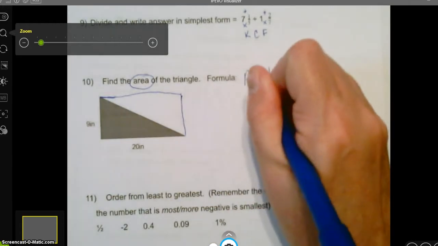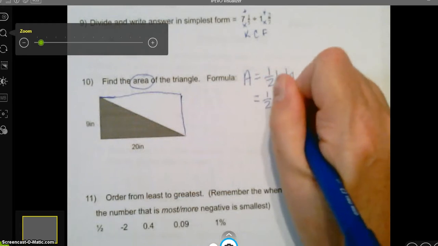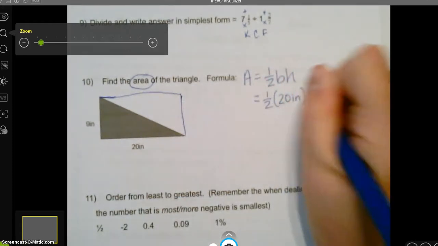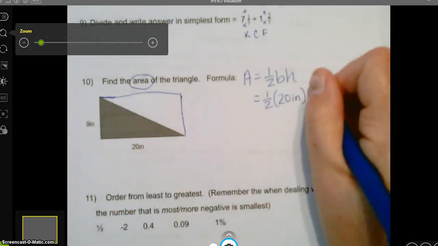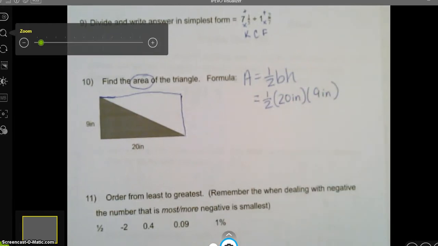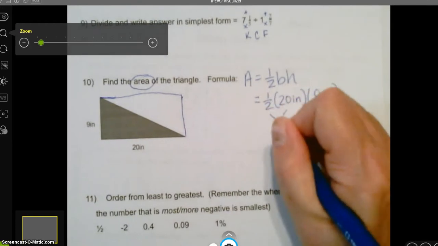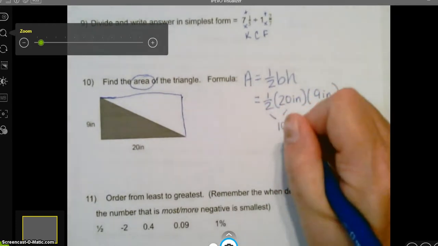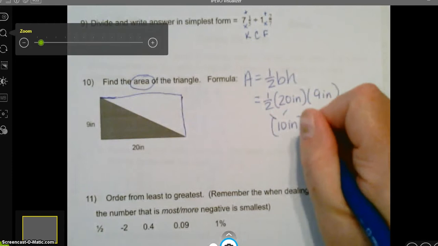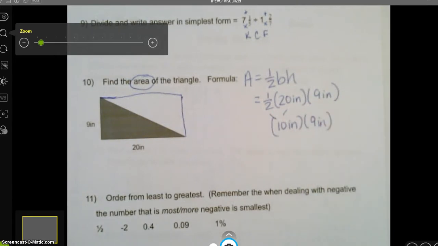So half, my base is 20 inches. My height is 9 inches. Now there's different ways to do it, but personally, if I have an even number, I generally just take half. Half of 20 is 10 times 9, and then we just multiply that. So 10 times 9,